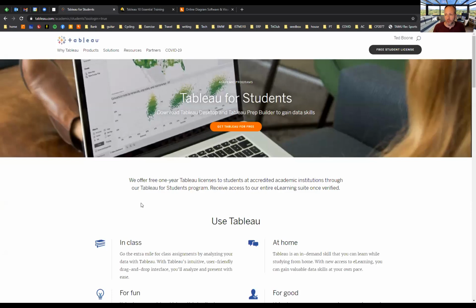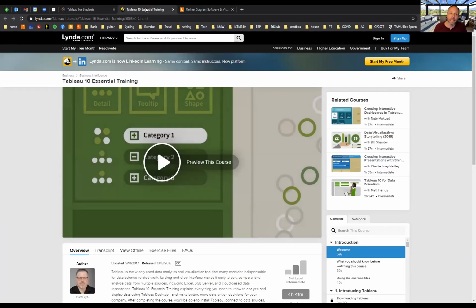Late in the semester for the visualization for your group efforts, you guys are going to be using Tableau. If you go to tableau.com and there's a link in the syllabus, you can get a free version. You can get access to the free version of Tableau as students. So you're going to want to do that sometime relatively soon. And then outside of the classroom experience,